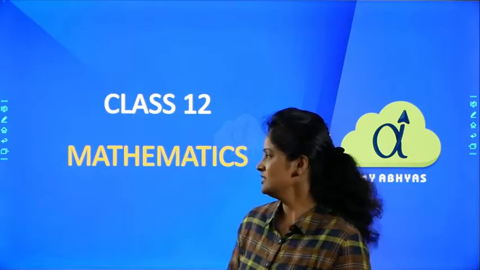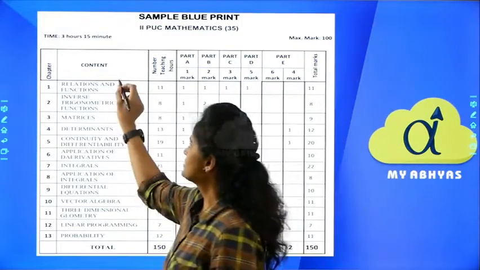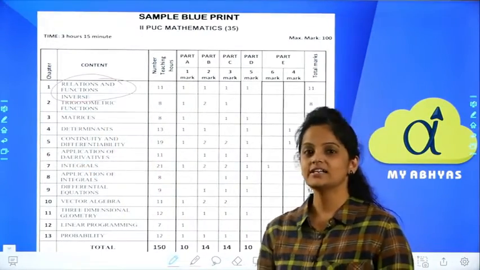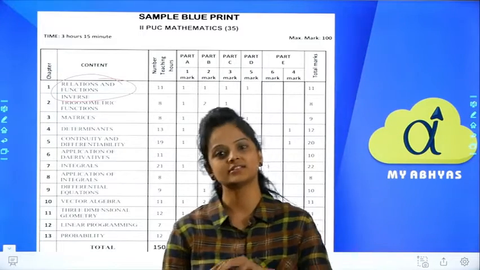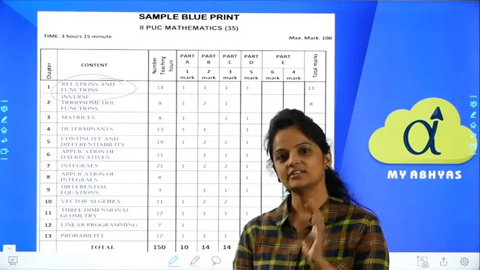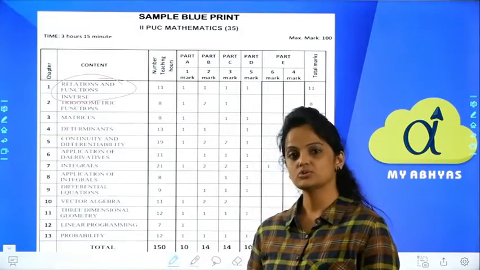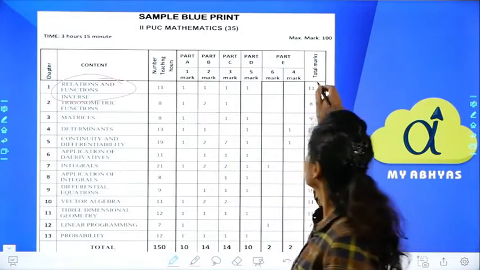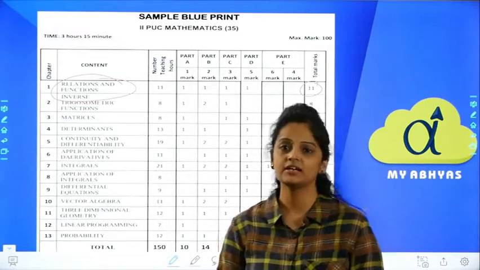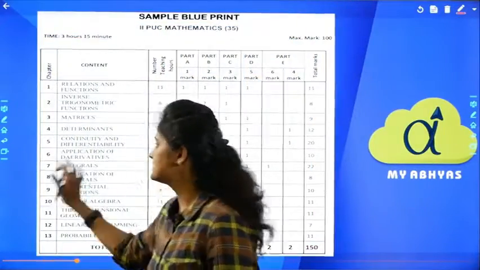Okay, in today's session, this is a list of all the chapters. First I'll tell you that I am going to start the first chapter, which is relations and functions. Relations and functions you have already studied in class 11th. But in relation, what have you studied there? Only the definition, domain and range, right? In class 12, you have much more to know, and it will have 11 marks in your boards. And this function is very important for your competitive exams. So let's know about relations and functions.